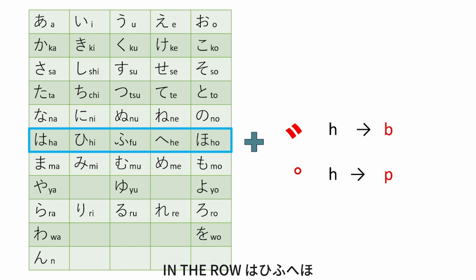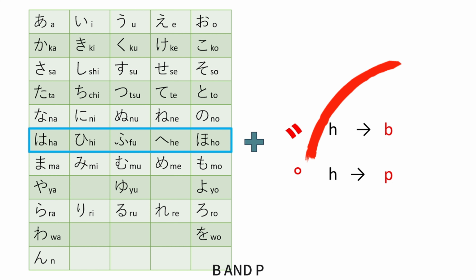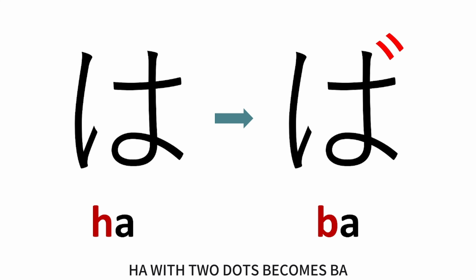In the row ha, hi, fu, he, ho, besides adding dots, you can also add a small circle. In this case, the H transforms into B and P. For example, ha with 2 dots becomes ba,